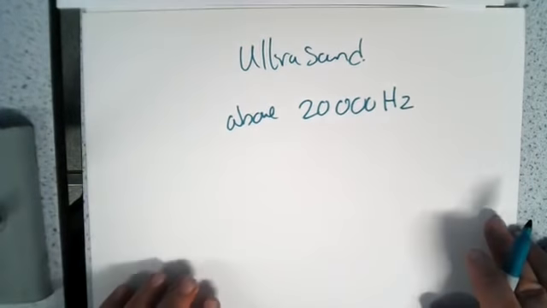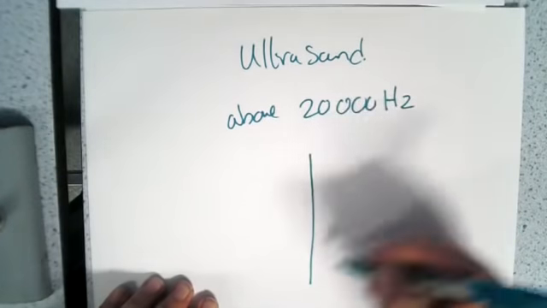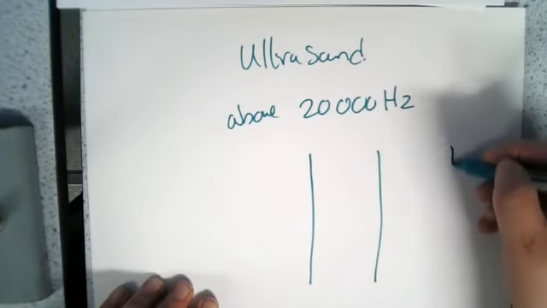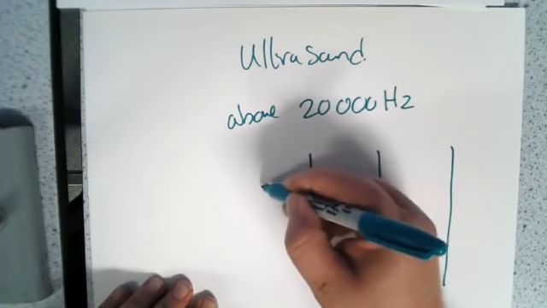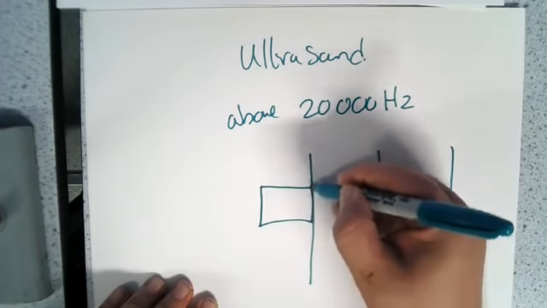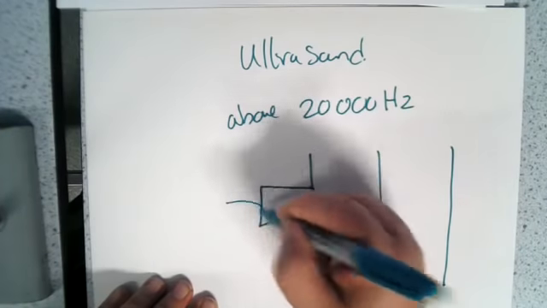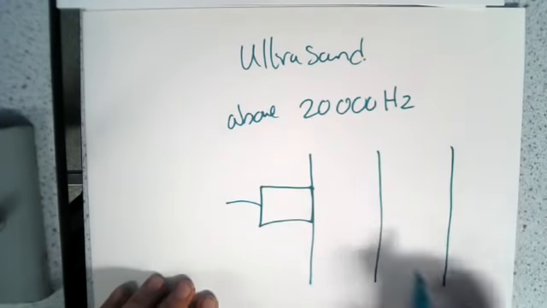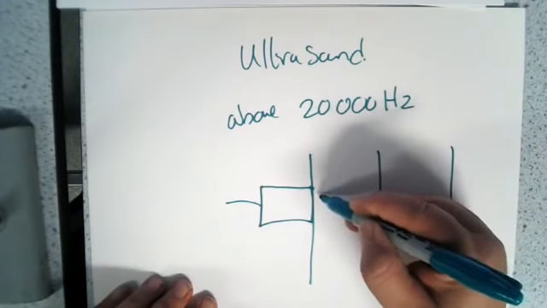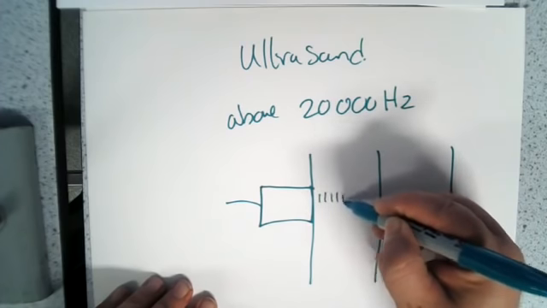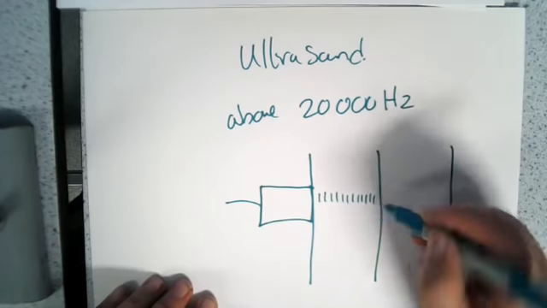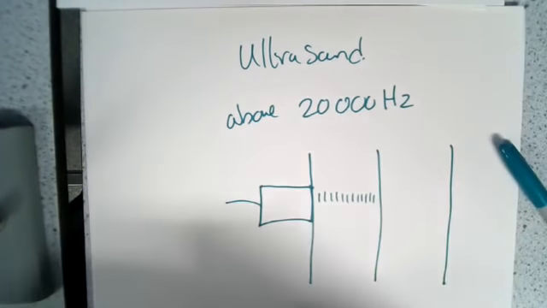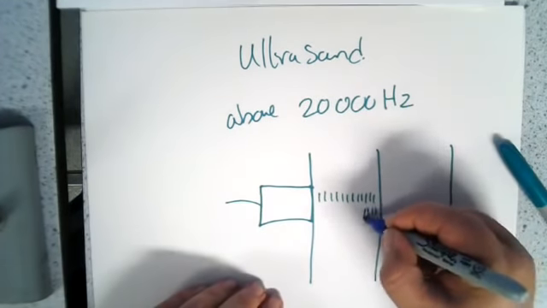So, when we actually use ultrasound, I'm going to use this as an example, okay? Here's our ultrasound emitter, all right? And it's also a receiver. Now, when we emit ultrasound, our wavefront goes out and it hits this boundary, and I'm going to use a different colour, it bounces back,